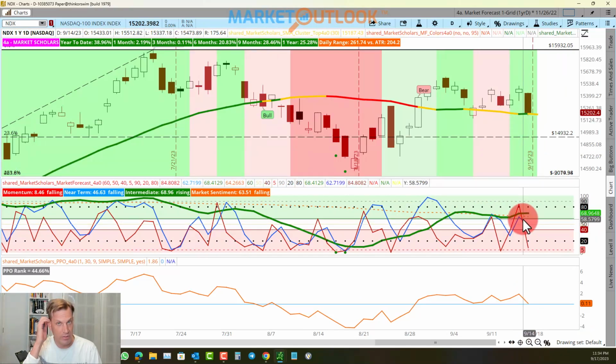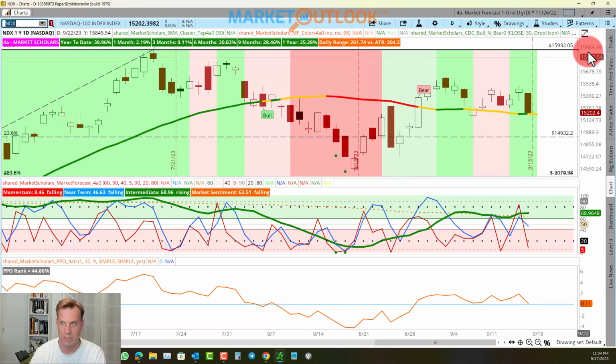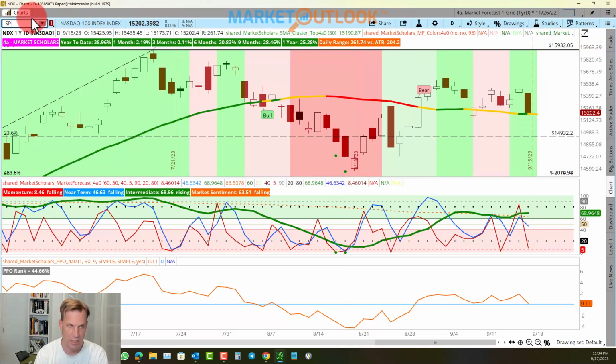Intermediate line still above its market sentiment line, though the near-term line is staying below the intermediate line. So it's unlikely that it would be able to keep going up very much longer. You look at some of these. Let's go back to the SPX here really quick